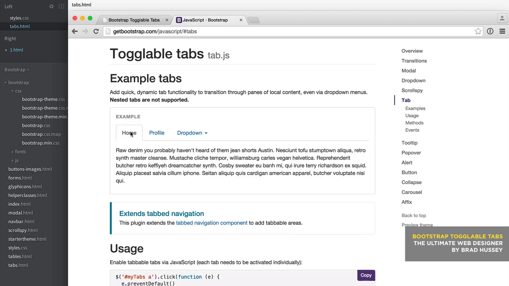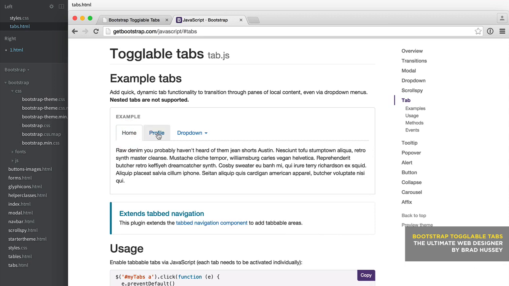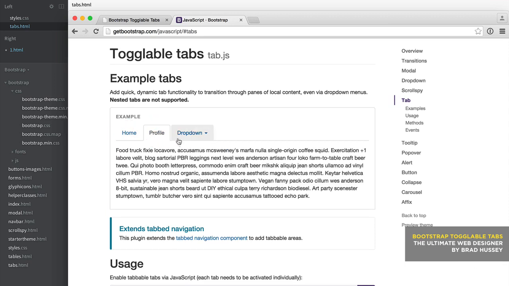And obviously you probably already can see that this would be a very useful thing for almost any website or application where you can just toggle through content on your page, and maybe not necessarily for your global navigation, but within the page, and you just want to toggle content. You know, maybe you're selling a product and you want to see about the product, the specifications, and the reviews, or something like that. So we're going to build this, and it's built into the jQuery plugin, the Bootstrap jQuery